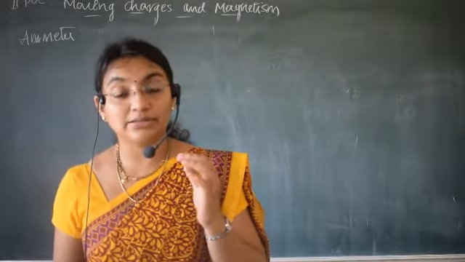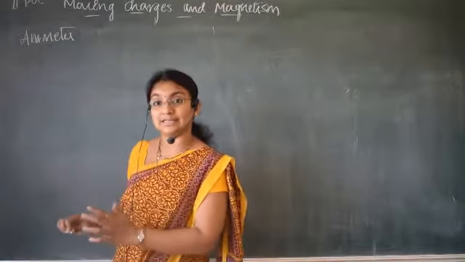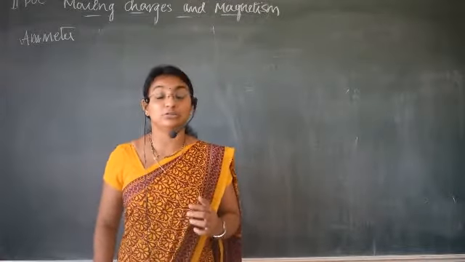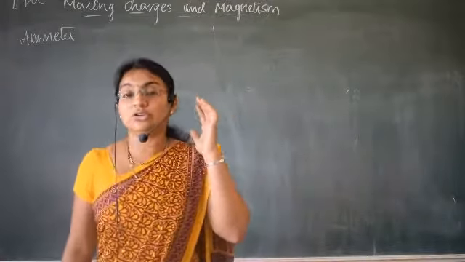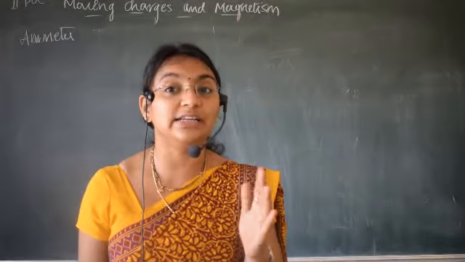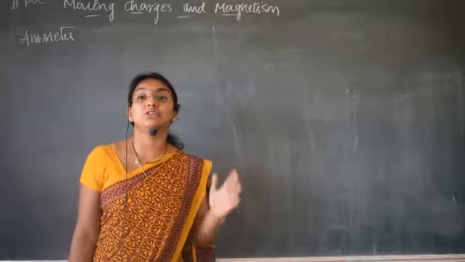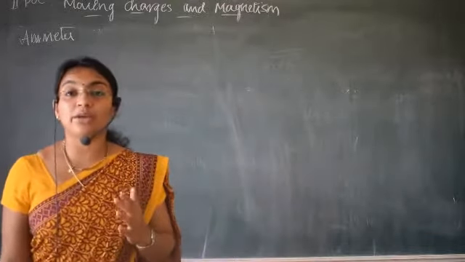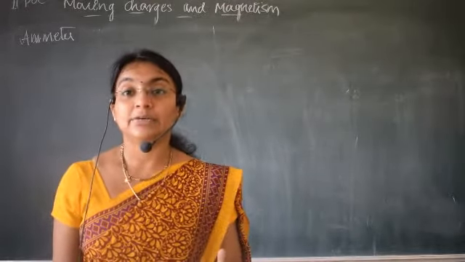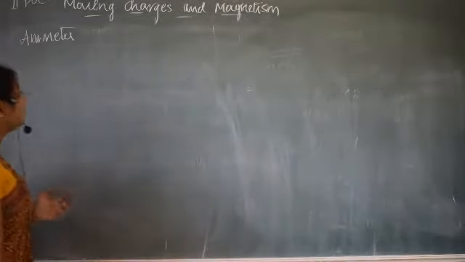So the thing we are using inside the ammeter should have very low resistance. If the ammeter itself has higher resistance, then how will it measure the current? It's not possible. Think. So therefore what should it be? The resistance in the ammeter is very, very low, whereas in a galvanometer, the resistance is not as low as in an ammeter. So what do we have to do? We have to reduce the resistance of the galvanometer, and then you can use it as an ammeter. How to reduce? See here.